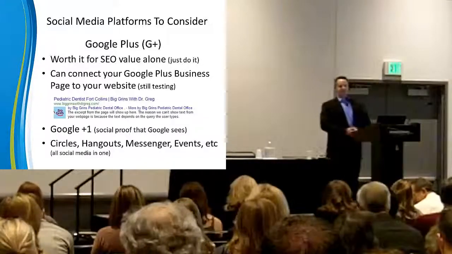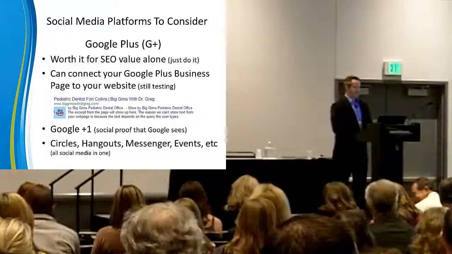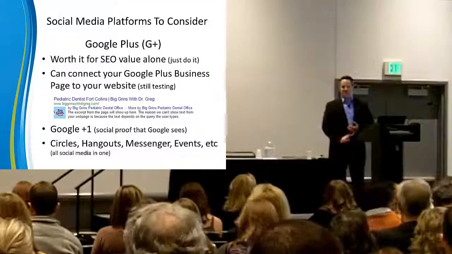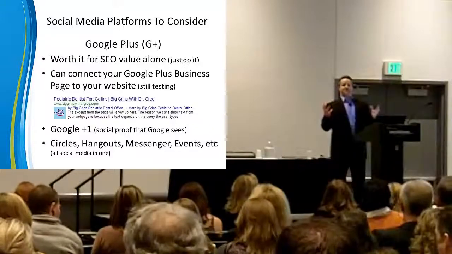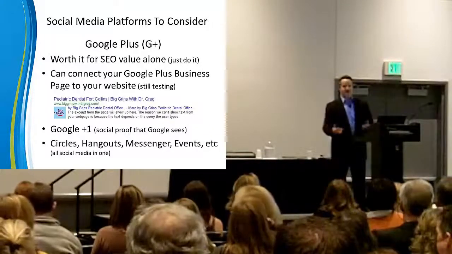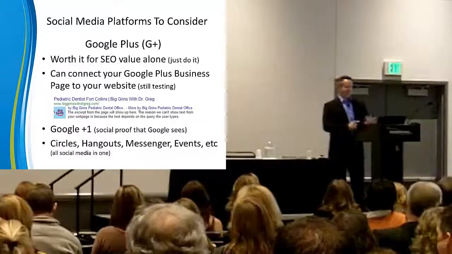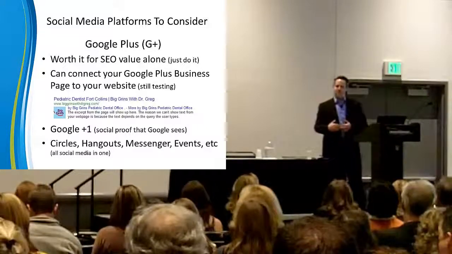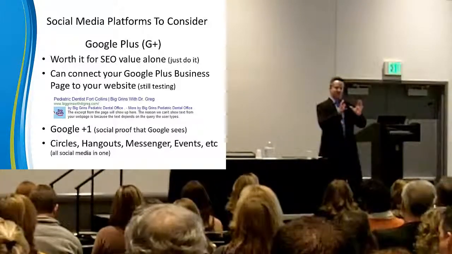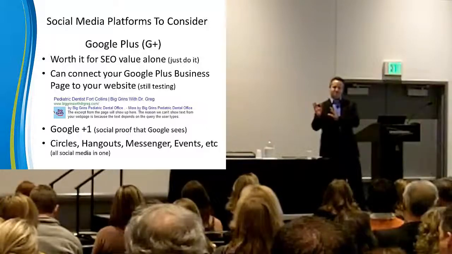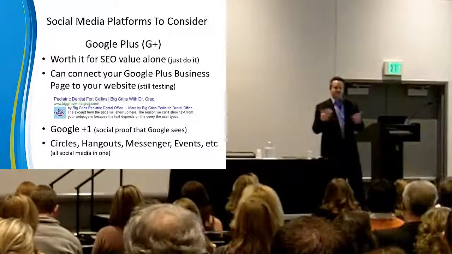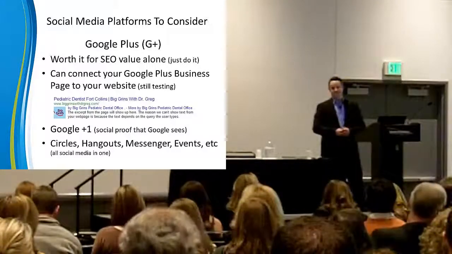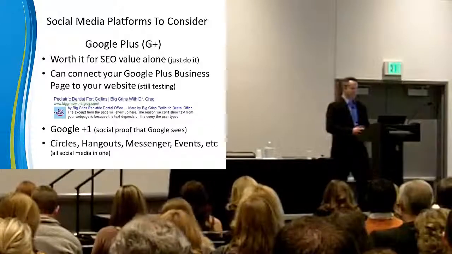Okay. So Google Plus has all of these, their own terms. They have circles, which are ways to break up the people that are within your account. So instead of just this massive list of friends or people that have liked your page, you can have what are called circles. So you can have acquaintances, family, friends, businesses, it's unlimited. What that means is you can say, when I post this kind of information, I want it to go to this kind of person. So you can actually segment your list, and that's a marketing term for deciding who gets what. You can do that right on Google. It's a really nice little tool.